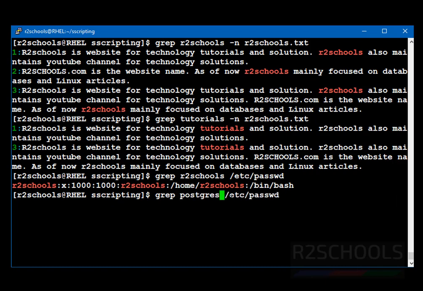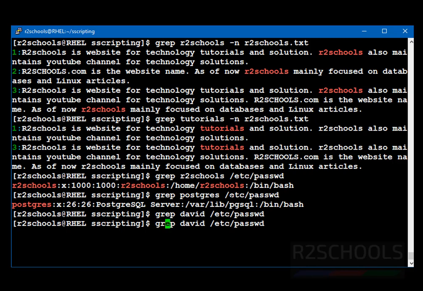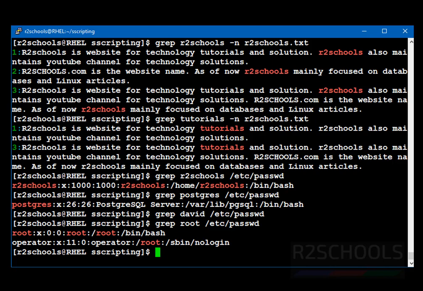Grep postgres. Postgres is the user for the PostgreSQL server. See, user is present. The same way, verify another user which is not present. David. See, no output came because the user is not present. The same way, if you want to verify whether root user is there or not, replace with root. Root user is there. Okay.